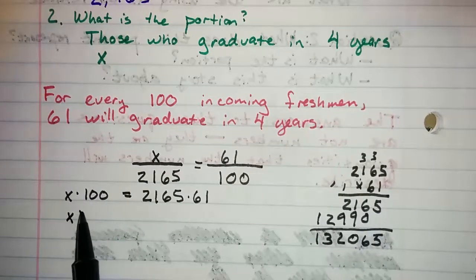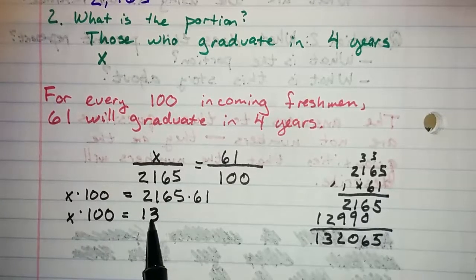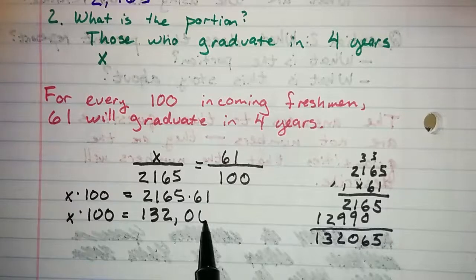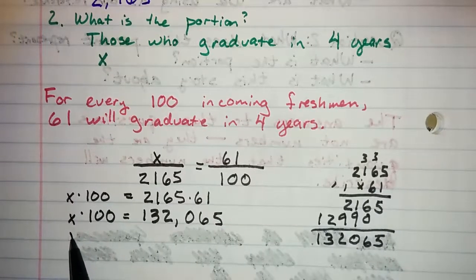So x times 100 is 132,065. So that means that x is